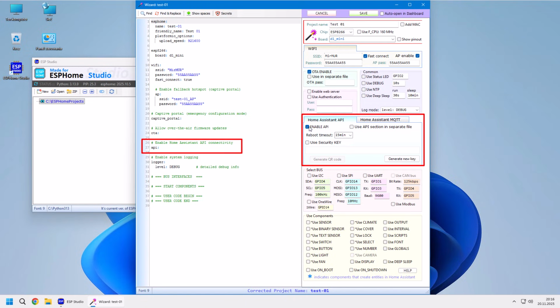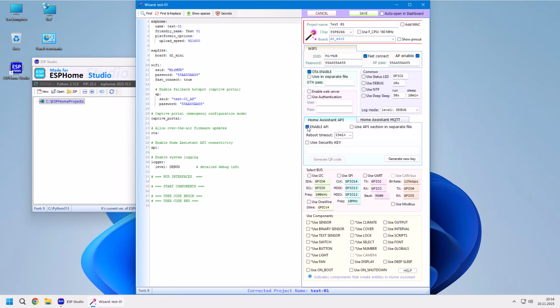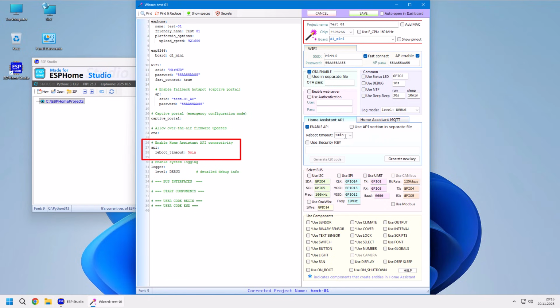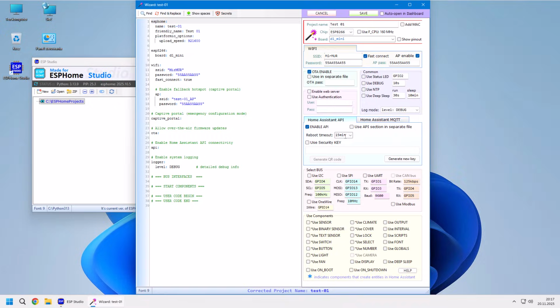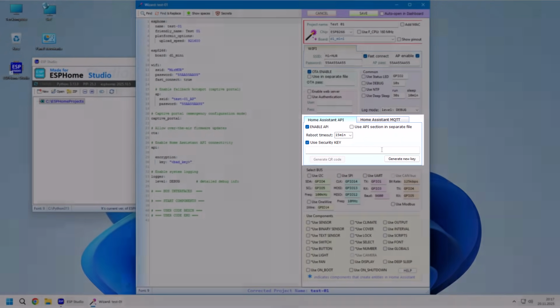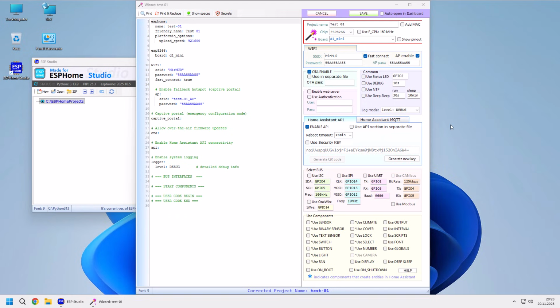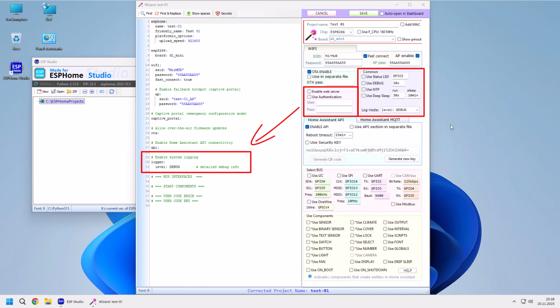For now, I recommend keeping the API enabled to ensure that the device always maintains a reliable, direct connection to Home Assistant. The reboot timeout for the API is set to 15 minutes by default, so it doesn't need to appear in the YAML. We can also generate a security key here, just like in the original Home Assistant dashboard. These keys will be required for all ESPHome projects by the end of 2026, but not yet, so you can uncheck this option.